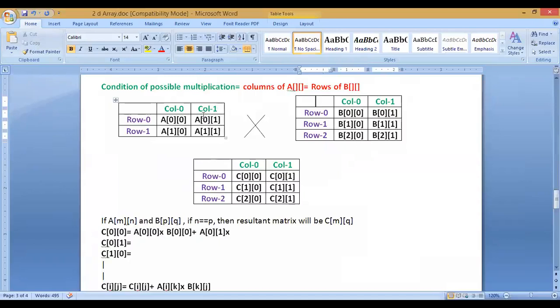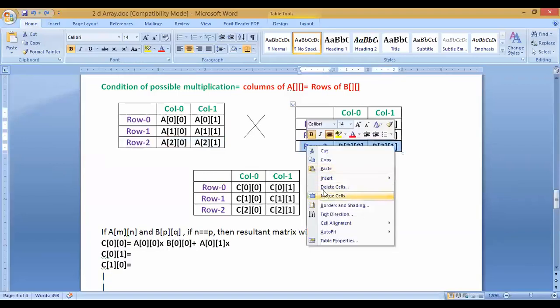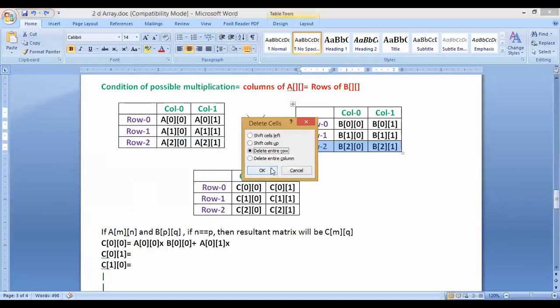So column of A is 2, row of B is 3. Sorry, I must do it in a different way. Suppose this is now 3 cross 2, and it should be in this way. Right. Now it is okay.